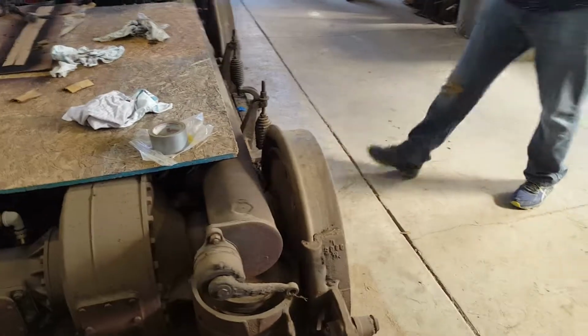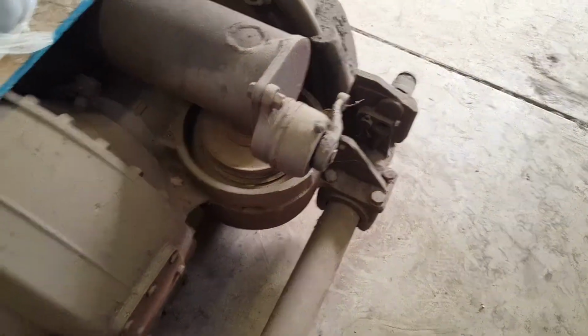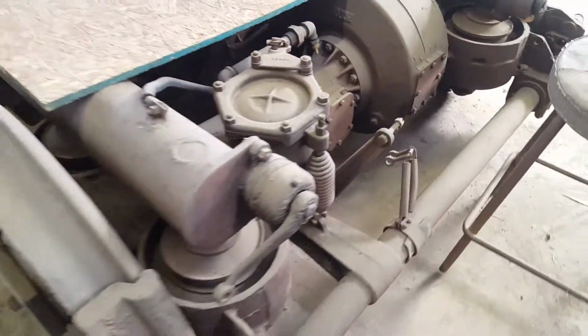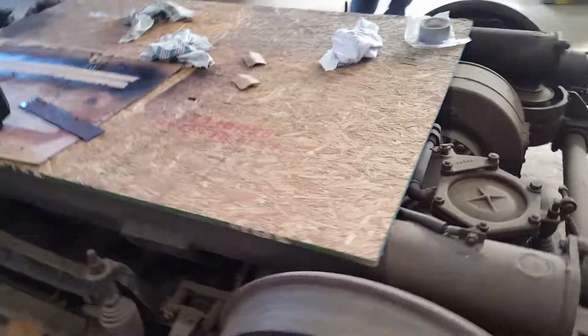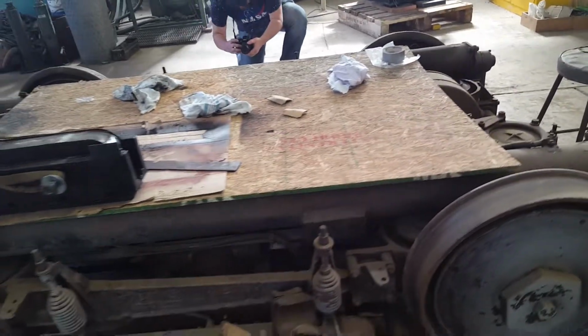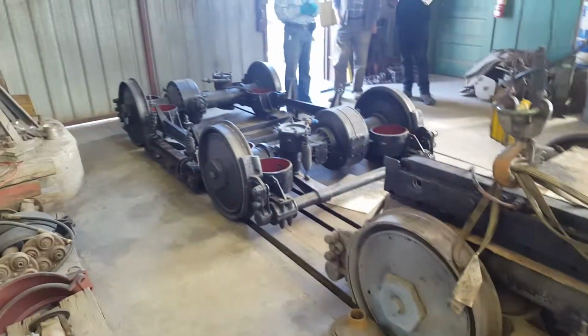You see the springs in this one. That's a track brake, but it operates when you take your foot off the dead man. So it's like the emergency brake. Oh, there's a broken up rubber over here. Yeah, cool. So anyway, have you seen